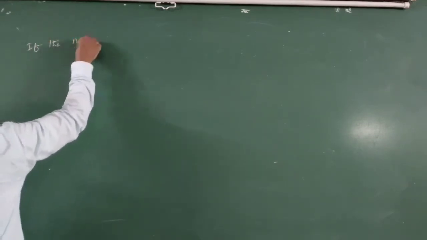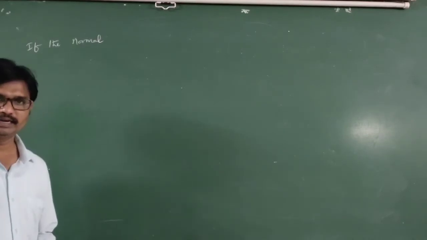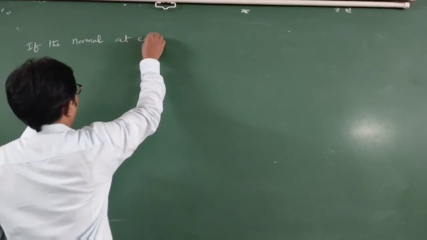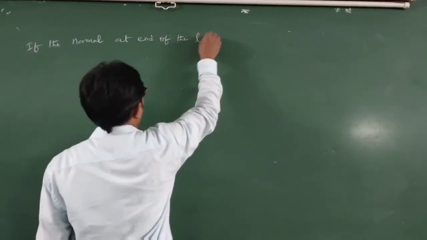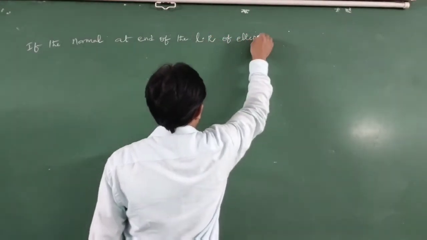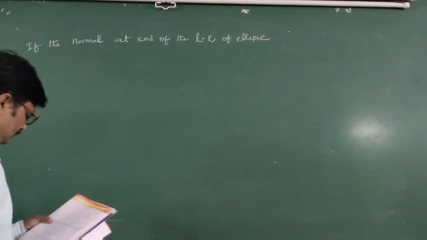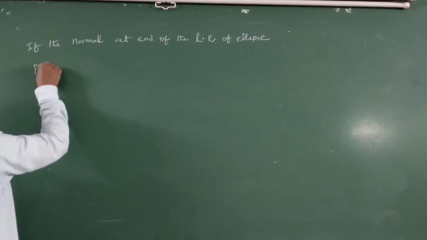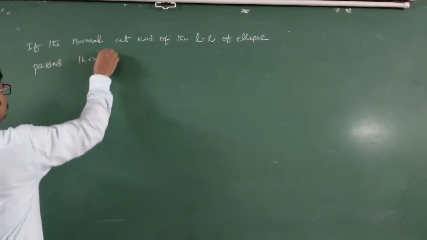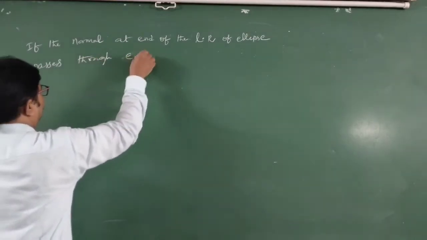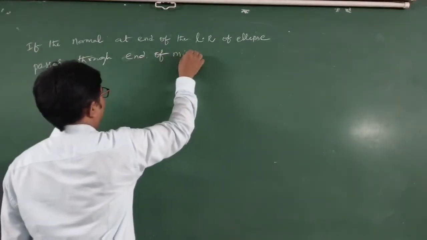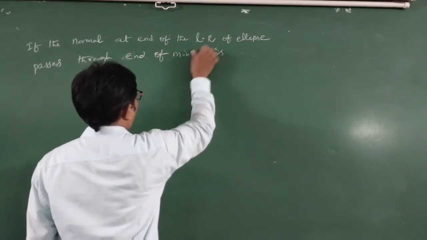Now students, we will discuss another question. If the normal at the end of the latus rectum of the ellipse passes through the extremity or end of the minor axis,